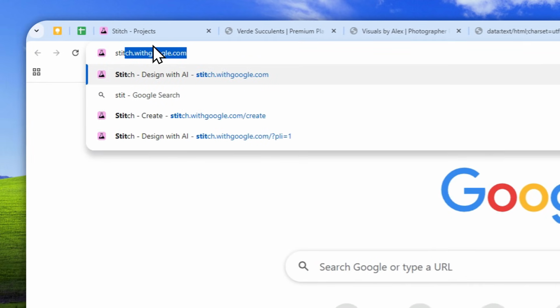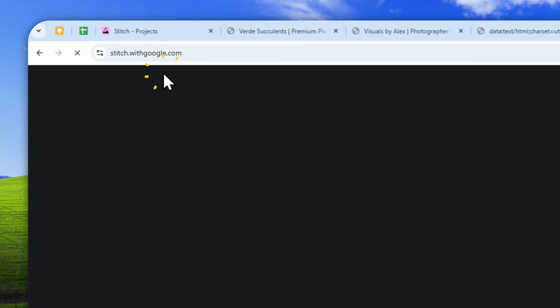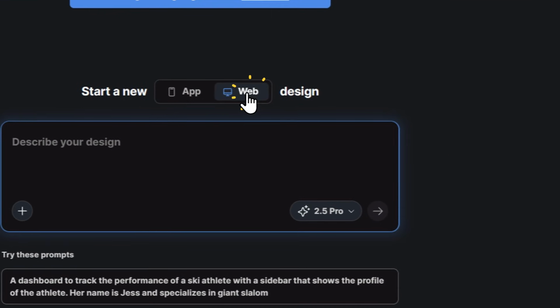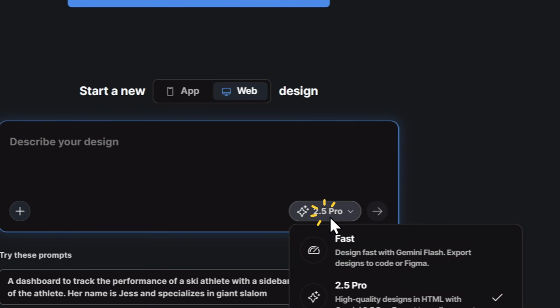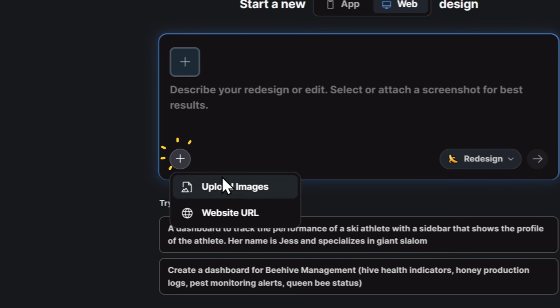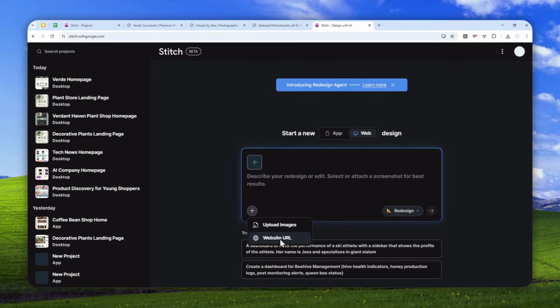First, let's navigate to stitch.withgoogle.com and just wait for the page to open, and after that you can log in with your Google account. Now for this example, I'll use a web design, and also I'll select the redesign feature. This is very important. So basically you can enter the website URL, but you can also just upload the screenshot of the website, and I do recommend choosing that option because it will ensure better accuracy of the design